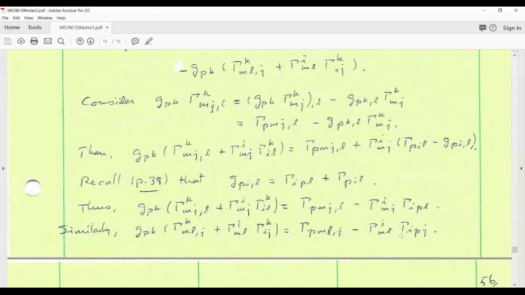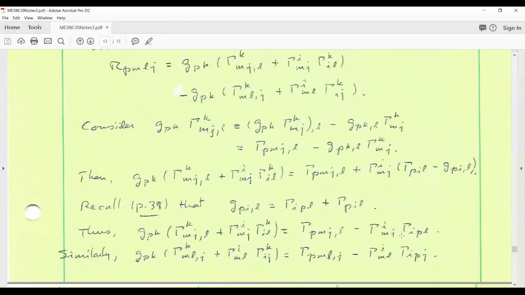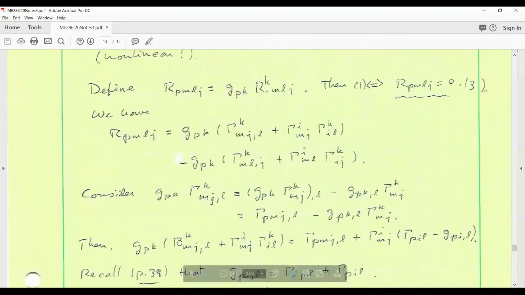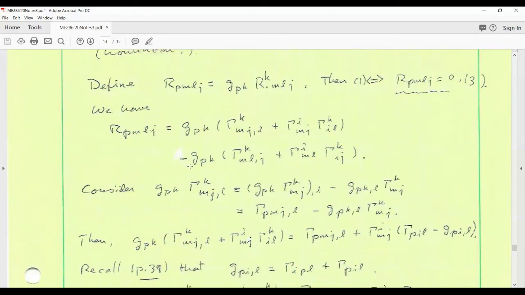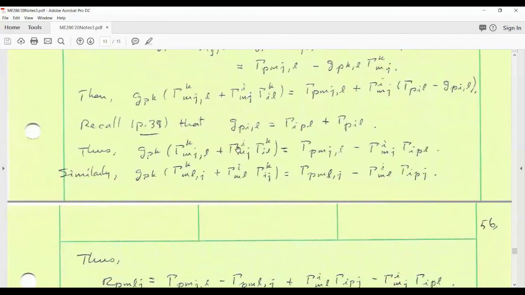Now, to get the fully covariant Riemann tensor, I must take this and subtract this line. So I subtract these two, and that gives me this